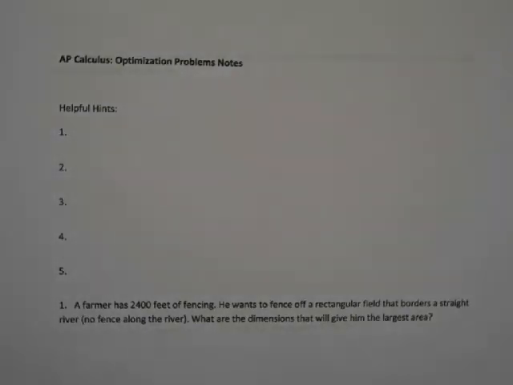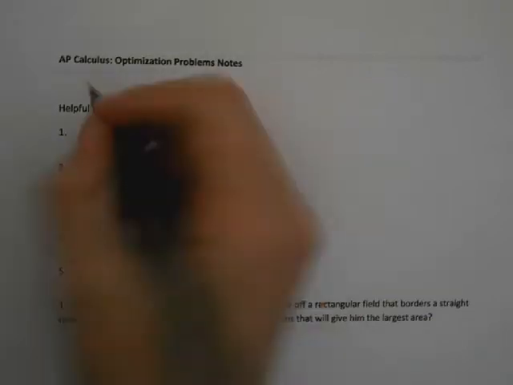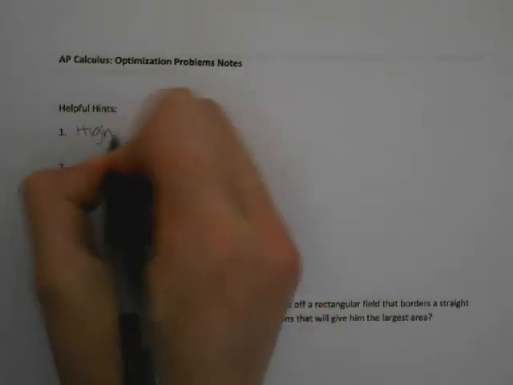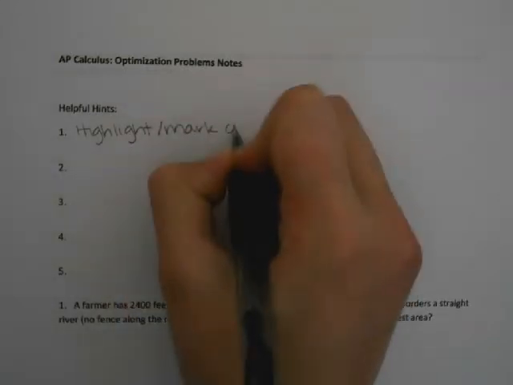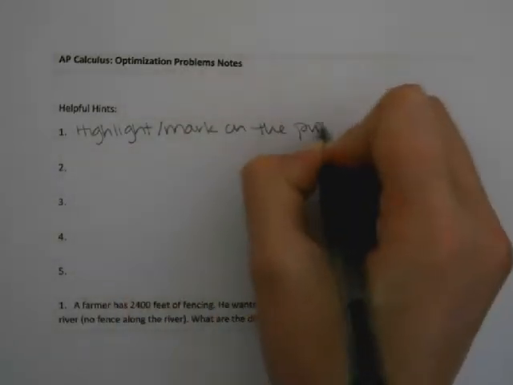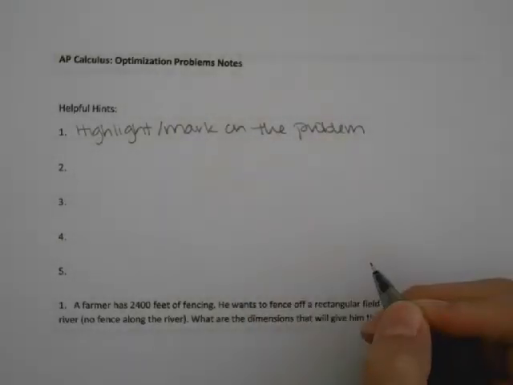This video is going to be on optimization problems. So first we're going to write down a list of hints of what will make these problems a little bit easier, and then we're going to look at the problems. So first you want to highlight or mark on the problem important pieces of information, so numbers that the problem gives you or things that could help you figure out maybe what type of math equation you're going to be looking at or what the problem is asking